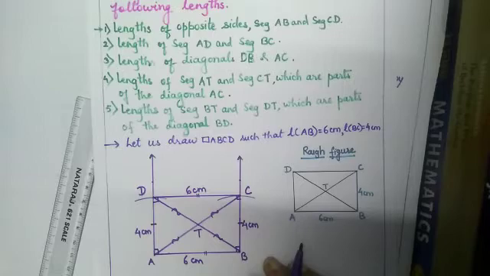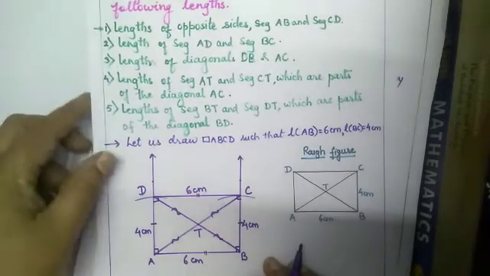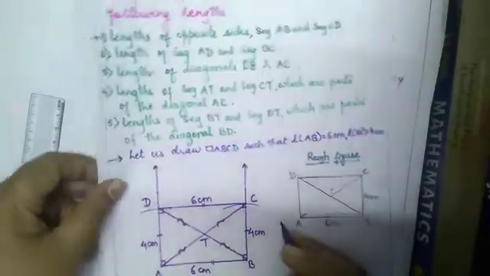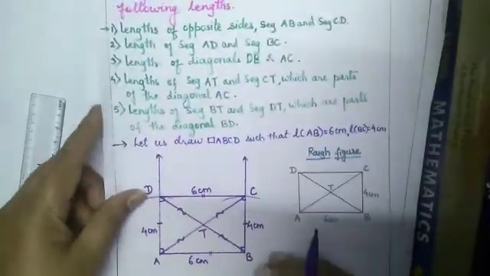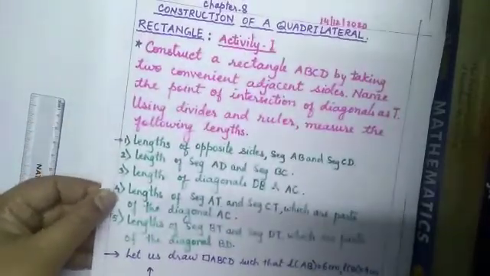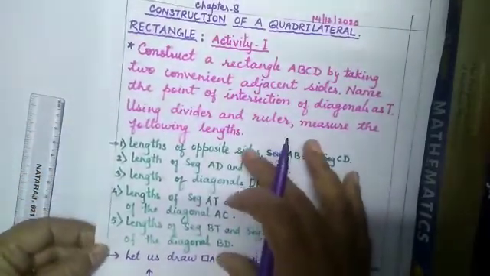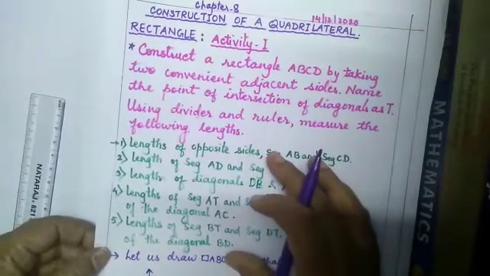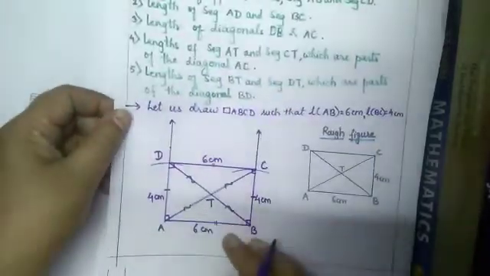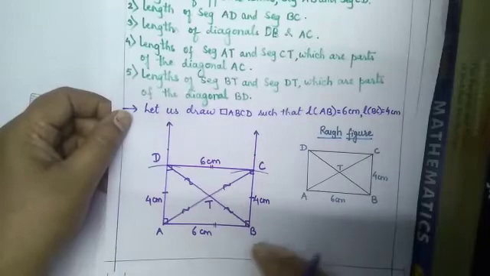In this way you will note down all the activities as we have noted it. So if you wish you can note down, but already we have written with the definition. So this is activity 1. Understood? The steps are given in the activity. You refer to page number 44 for writing down the steps. The question is given. First you will draw the rough figure and then you will construct. This is the activity part.